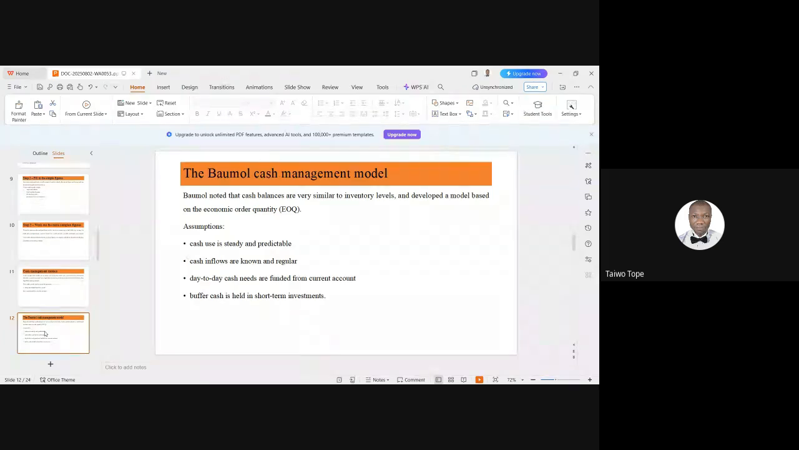Baumel. Yes, and the concept of this model is that the model applies the economic order quantity principle to cash management. The economic order principle you are very much conversant with is what this model has adopted. It's telling you that the operation of cash is not far from the operation of stock. So the cash